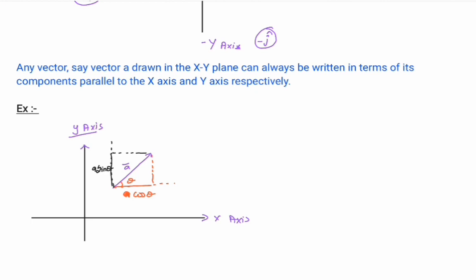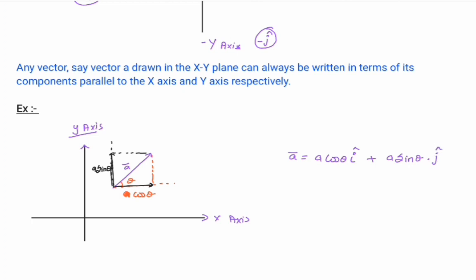A sin theta. As we know, this is the x-axis now. All the vectors in this direction have the same direction as x. Similarly, this is one component of vector A and this is another component of vector A. It means vector A can be written as: the x-axis component A cos theta multiplied by the unit vector along the x-axis, plus the y-axis component A sin theta multiplied by the unit vector